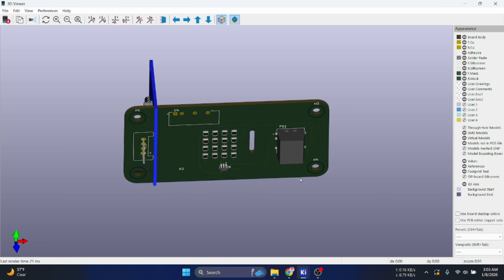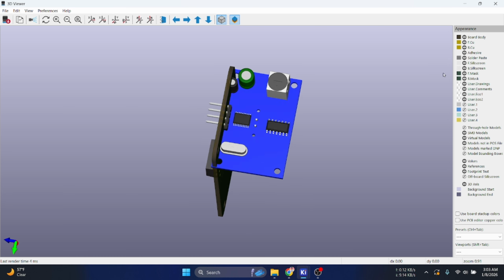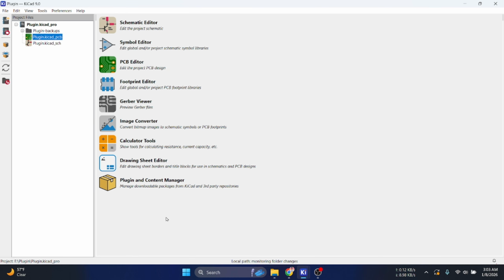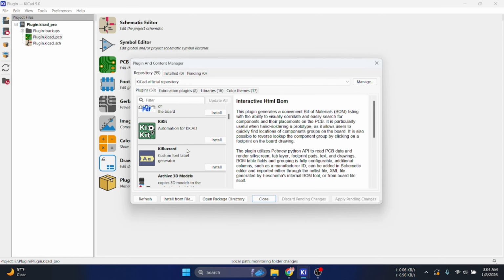KiCad is a very easy and straightforward software. You have to know the exact plugins to make your life easier. To install plugins, you have to go to Plugins, Plugin and Content Manager. It is very straightforward. Then our first plugin would be